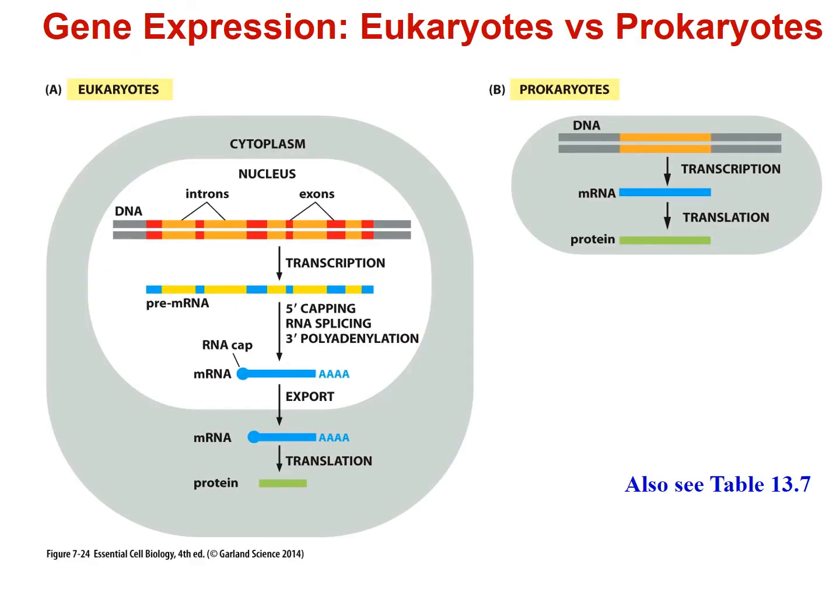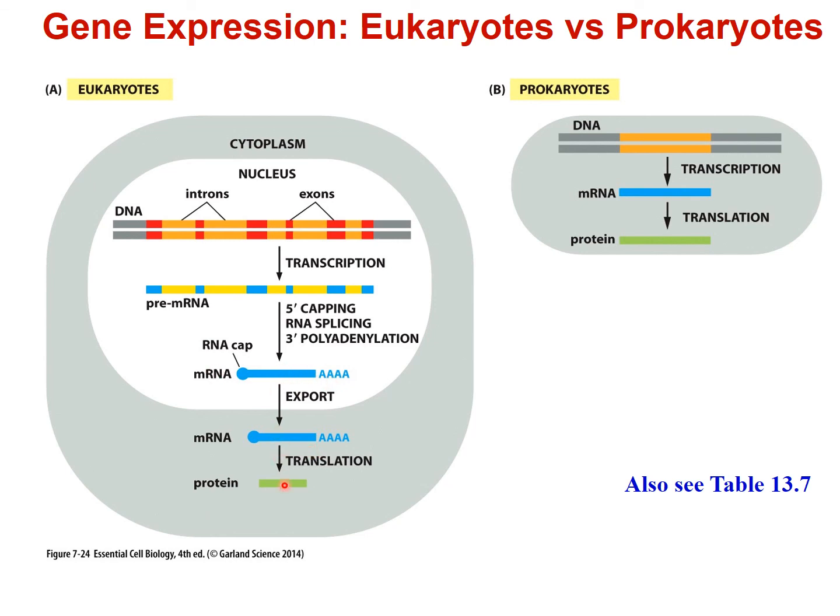Okay, so let's take a quick summary about gene expression in eukaryotes and prokaryotes. So eukaryotes, we saw that we have our DNA in a nucleus. It has exons and introns that need to get processed. So we get transcription into messenger RNA, and we have those exons and introns in the message. They get removed. A 5' cap gets added. Polyadenylation, so you get the poly A tail, and this whole thing gets exported out of the nucleus, and then